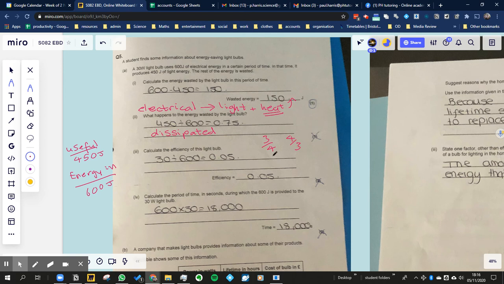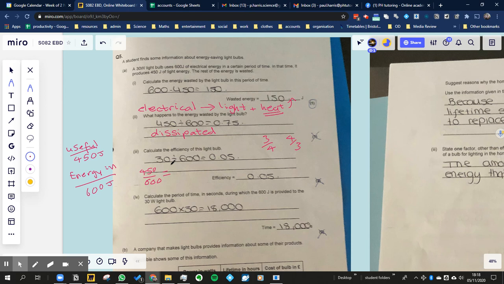So we're going to divide the small number by the big number, to see what proportion of the total in was useful. So we do 450 divided by 600. You might be able to see in your head what sort of fraction that is. It's not top heavy because it's got a smaller number at the top and a bigger number at the bottom. In the exam you're allowed to use a calculator, so we can just do 450 divided by 600, and it is